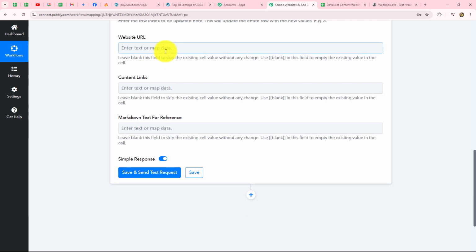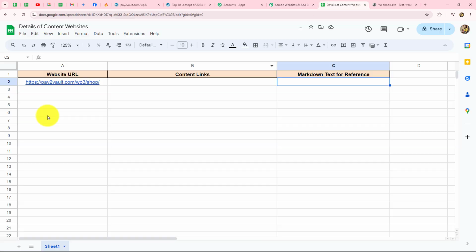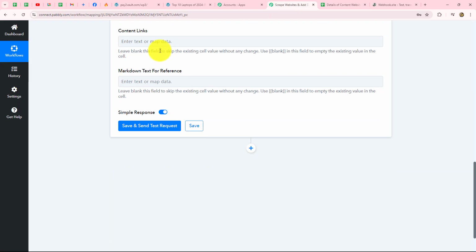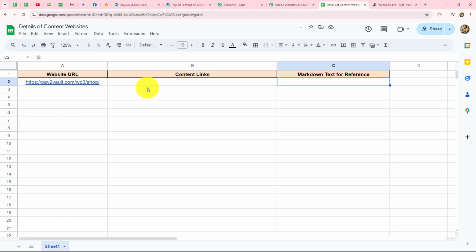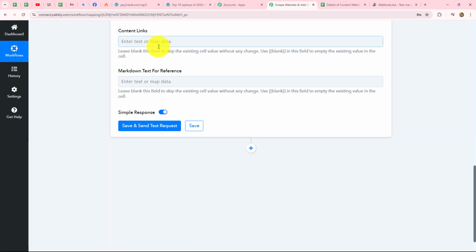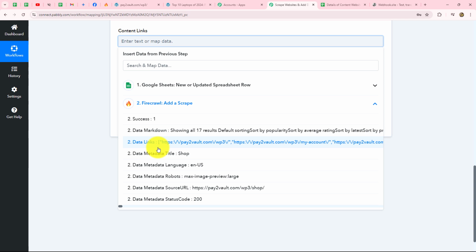Then we'll move forward. Here we have the website URL field. If you want to update this field, you can do it, but because we do not want to update this value, we will ignore this field. Okay, then here we have the content link. So you have to enter the content link which you have received from Firecrawl in order to update this column content links. Okay, but I do not want to enter it directly because the response which we have received is